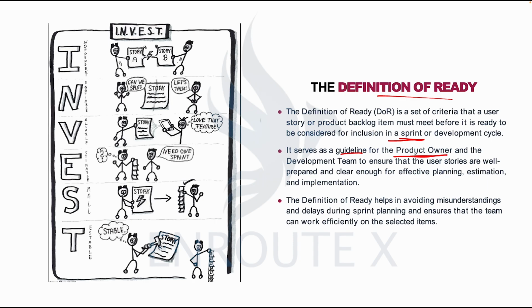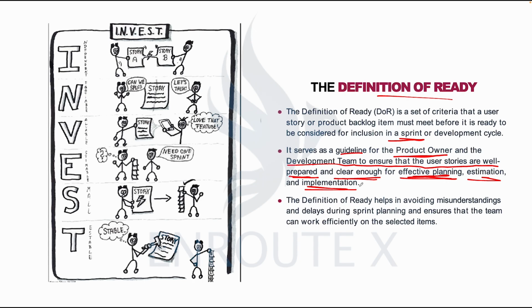So it serves as a guide for the product owner and the development team to ensure that the user stories are well prepared and clear enough for effective planning, estimation, and implementation. So definition of ready is that measurement or that guide or that rule, or whatever you want to call it, that you are checking each story against before you drop that story in a sprint